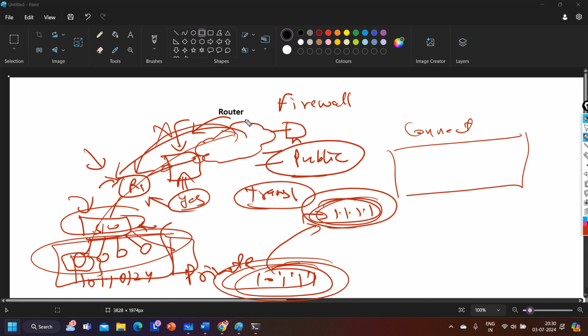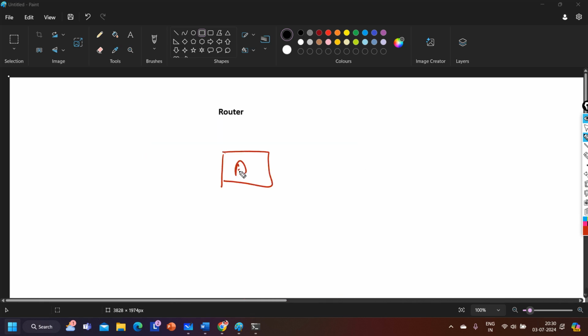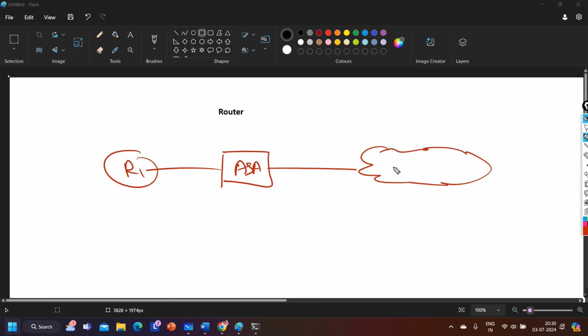If you are sending a request to the internet, then your reply is allowed by default by the firewall. But if someone is sending traffic from the internet, then traffic is denied, dropped. This is why, because guys, suppose this is my firewall ASA, and this interface is connected with internal router R1, and this interface is connected with the internet, right? So you will configure this interface as the outside interface, and this side interface as the inside interface. Means this is your inside interface,